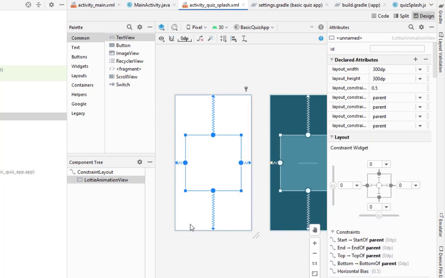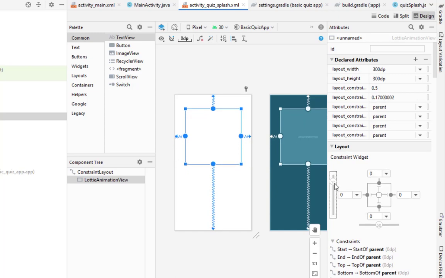Now it is horizontally and vertically centered. Now I want to make this view a little higher. For that I will edit this section, and the value of the vertical bias is 50, so I will make it 20, so I make it 17, and that is very good.